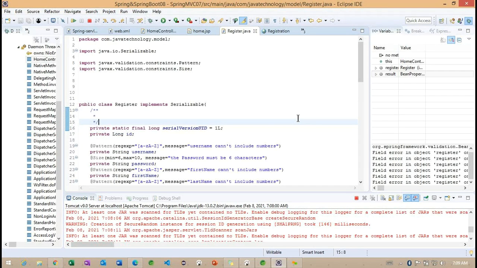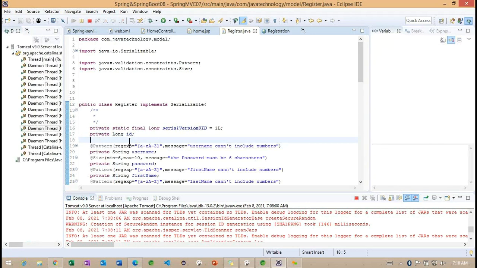Why is this particular regular expression not handling it here? Okay, so we'll try to focus on the other annotations here.